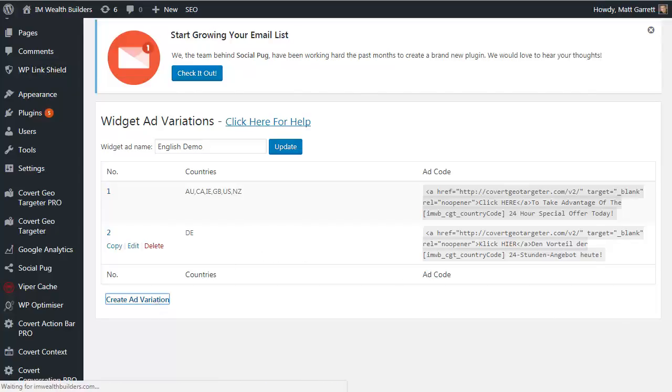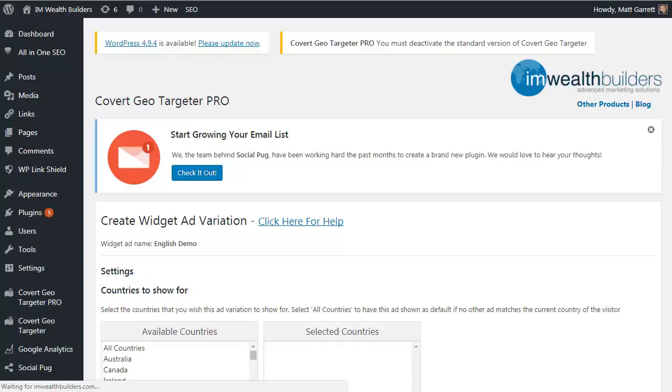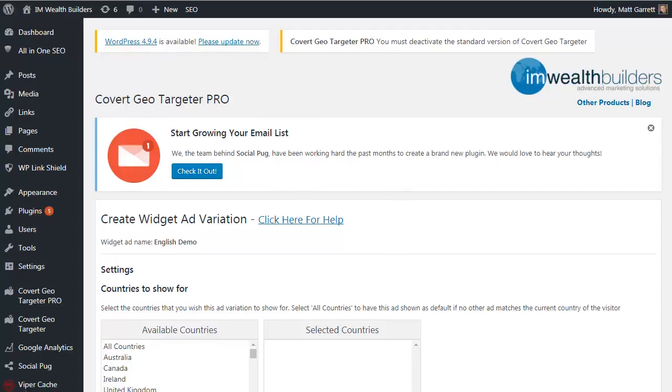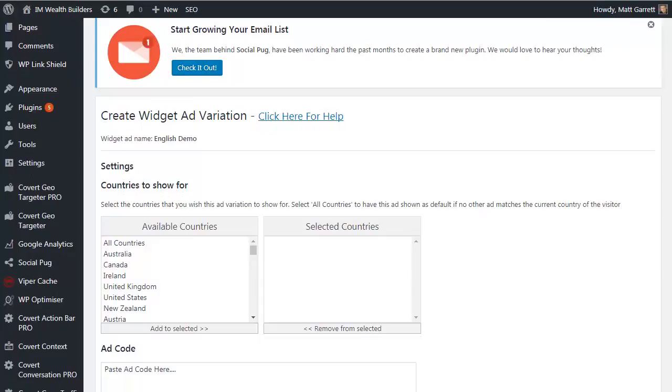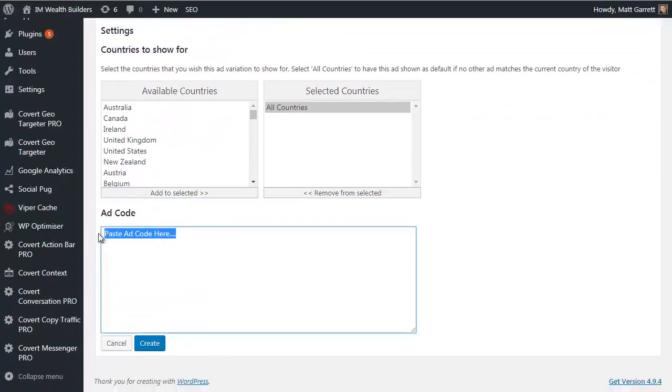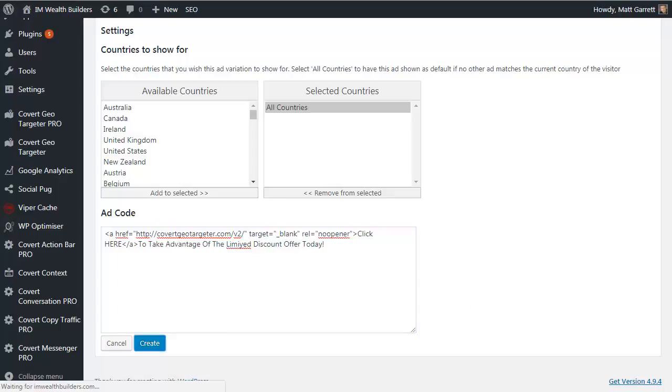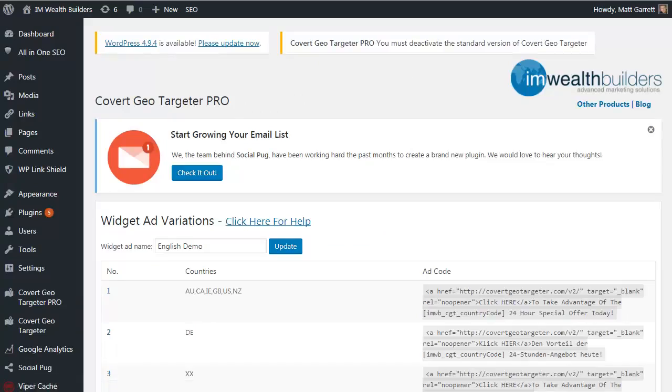Now basically you can go through and create ads for any and every country on the list, either individually or in groups. But you can also create a default ad for any and all countries that you don't have a specific ad set up for. It's basically a catch-all for all the rest. So all I need to do that is choose all countries and click on Add to Selected and paste in my ad code for that, and then click on Create. So basically any country that doesn't have a specific ad such as these will then see that default catch-all ad